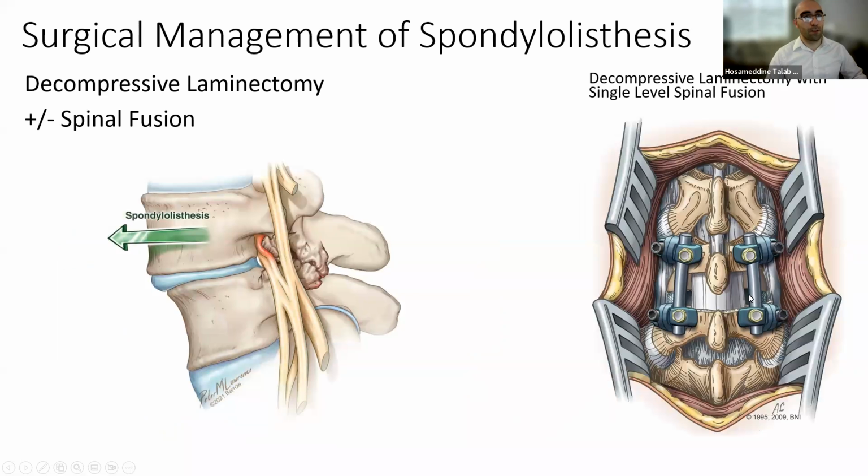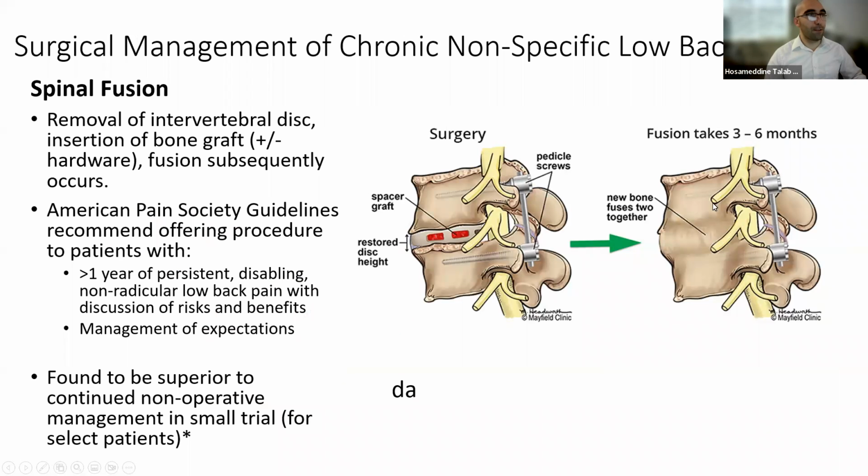Here's another visual of it. And by and large, these are most typically most successful when they're done on a single intervertebral space. When they're done over more than one vertebra, they tend to have greater levels of complications. And then, taking a detour from radiculopathies into